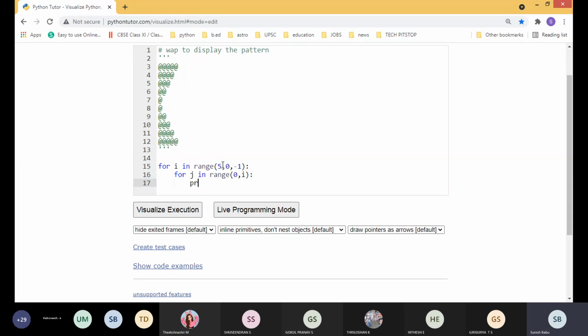Inside we can print the constant character at. Then you can give end equal to this. After completing the inner loop we have to go to the next line. So now I'm going to use slash r instead of slash n. We will see the difference.